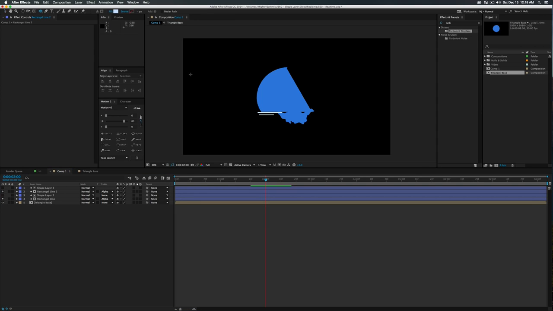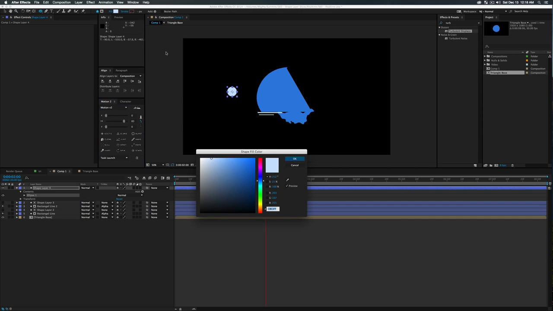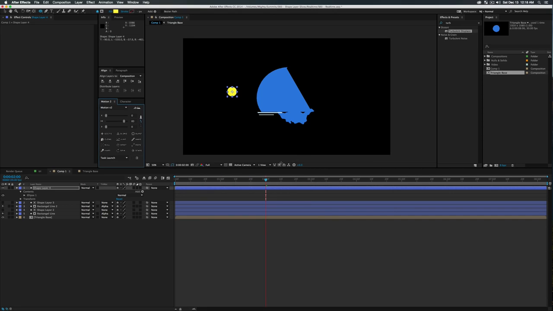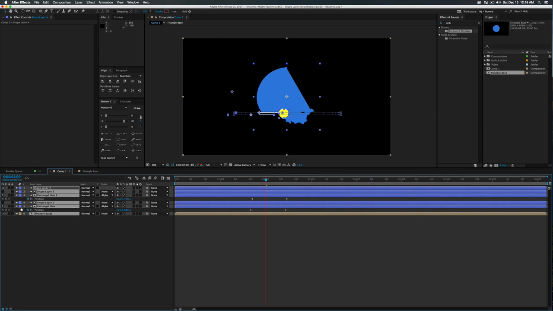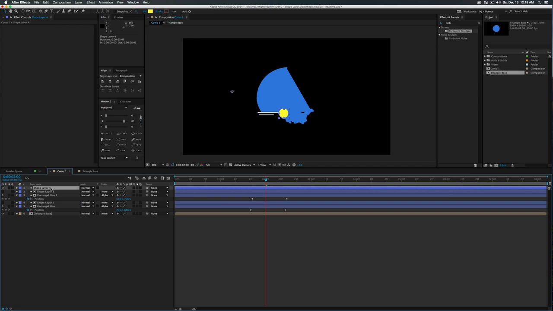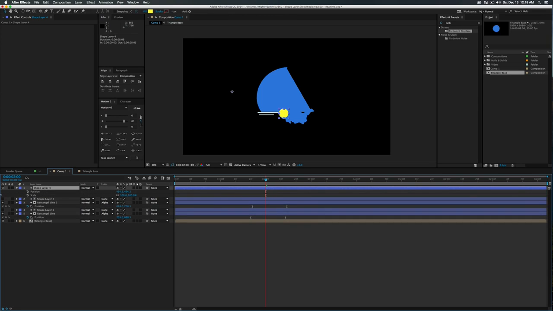So let's go ahead and grab another circle and just draw the circle wherever. It doesn't matter the size. Center your anchor point up and let's pick a color other than white because we've already used it. I'm going to grab this nice yellow color and let's put it kind of where this line is going to happen. And so press U to see your active keyframes and press S for your scale on your circle and also P for your position properties with shift selected,